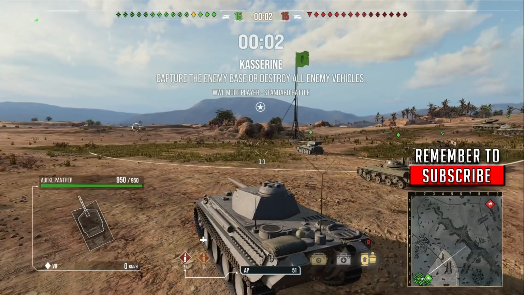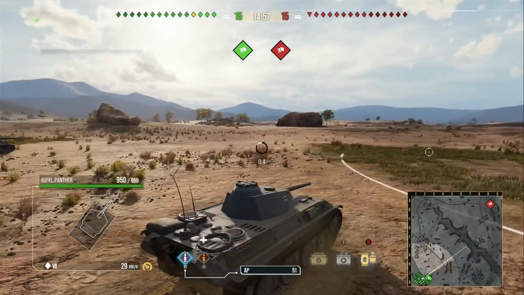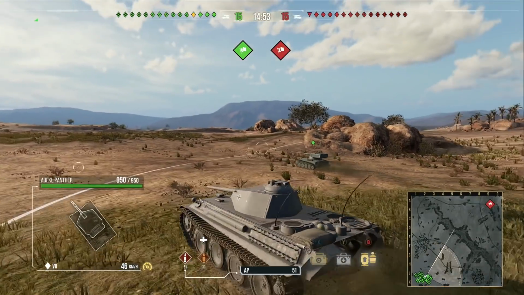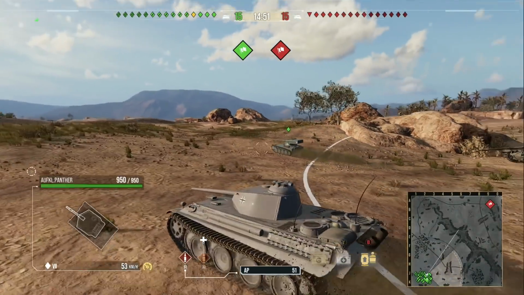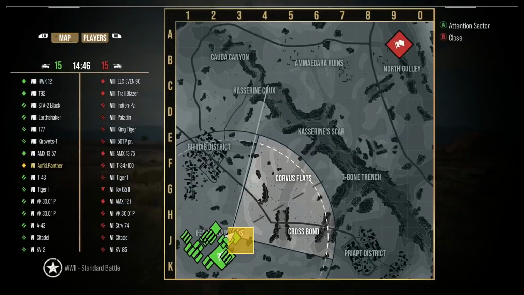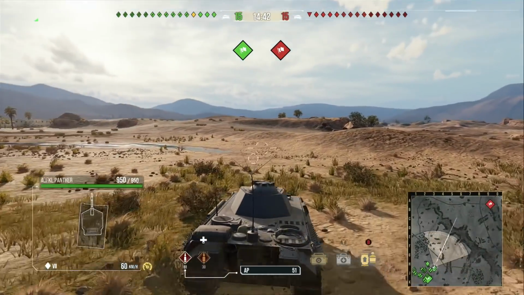Right, so the second gameplay of this video is here on Kasserine. This is a decent map for a light tank, I guess. We've got decent matchmaker as well, which means we've got the potential to have a really good game on this one. It's much better than some of the maps that you can get. Obviously, you've got the room to maneuver in this thing,